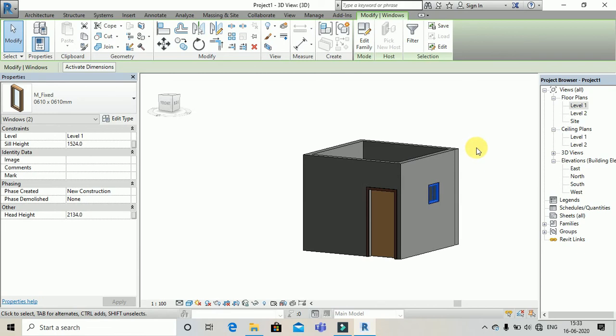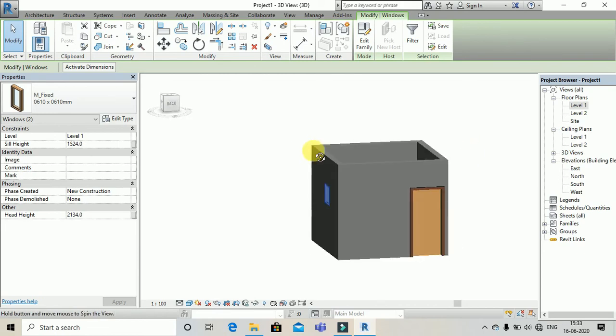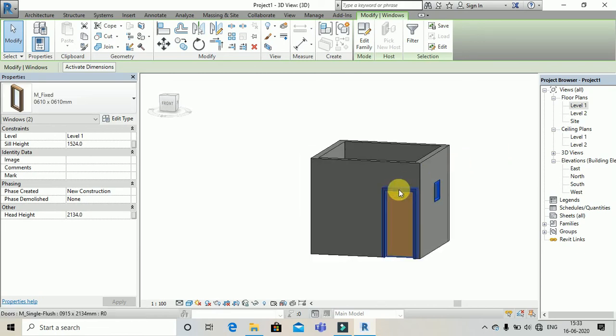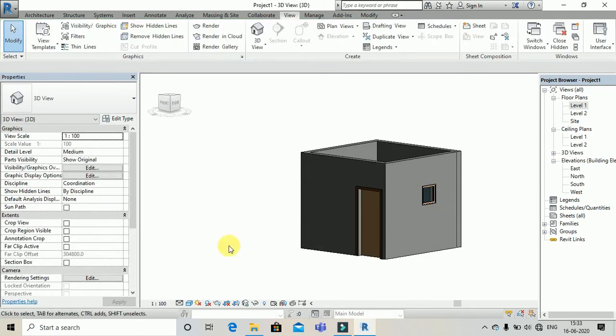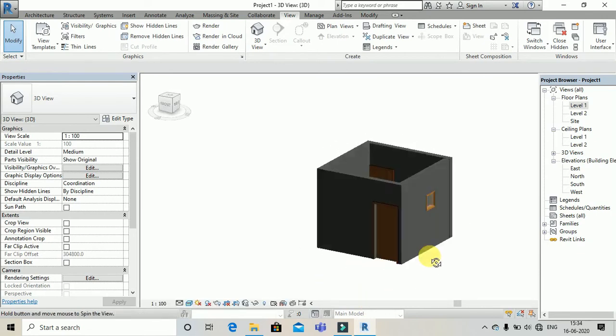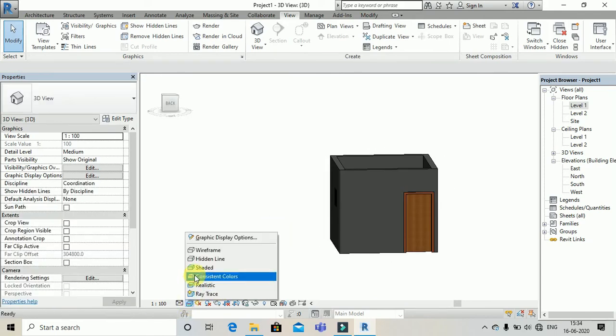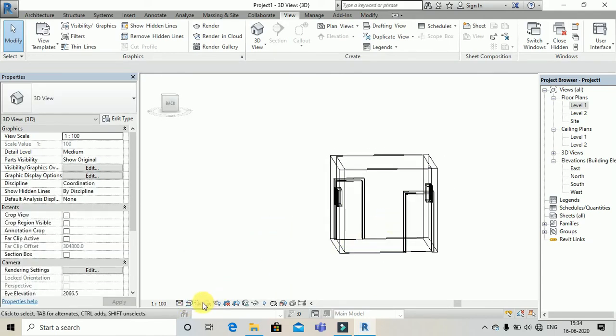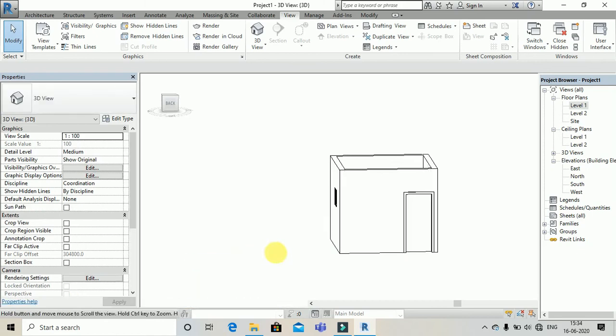Let's change it to this. So this is what our 3D view looks like. Let's change it to the realistic visual style. So this is how our room looks. You can change it to wireframe, then hidden line.